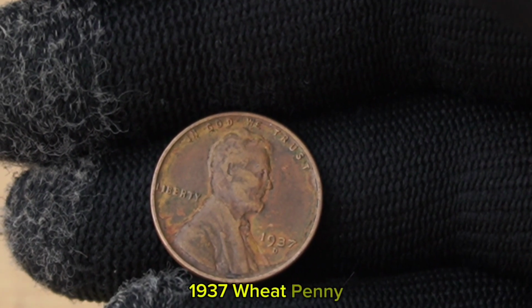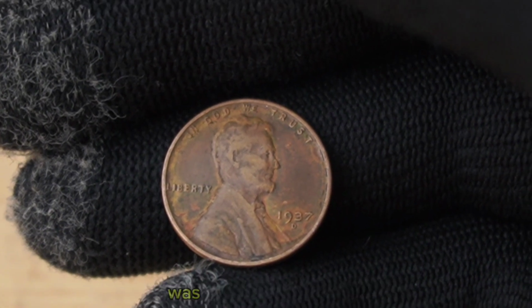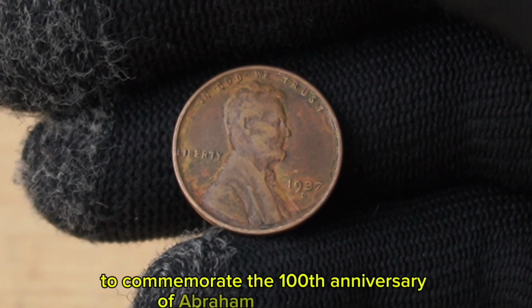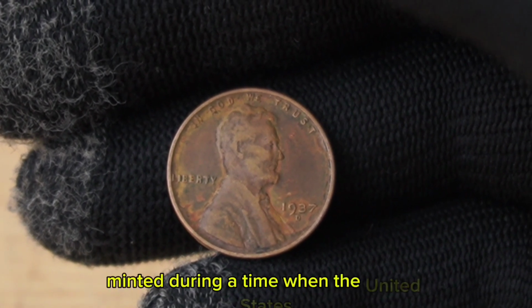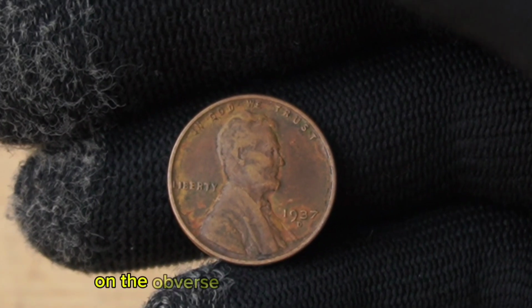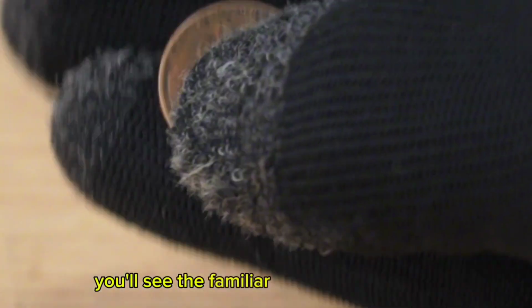1937 Wheat Penny. The Wheat Penny, also known as the Lincoln Cent, was first minted in 1909 to commemorate the 100th anniversary of Abraham Lincoln's birth. The 1937 Wheat Penny is part of this series, minted during a time when the United States was recovering from the Great Depression. On the obverse, or front, of the 1937 Wheat Penny, you'll see the familiar portrait of Abraham